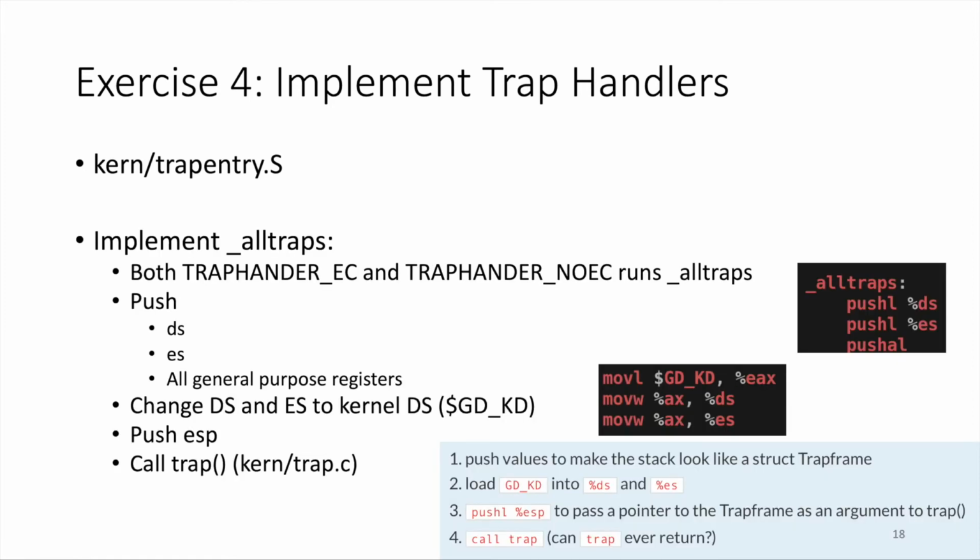And for implementing all traps, please focus on constructing the trap frame. Because the CPU does not automatically store DS, ES, and all general purpose registers, you need to push them all in the reverse order of that listed in struct Trapframe. So what you need to do is push DS, push ES, and push all general purpose registers. And then please follow the guidelines 1, 2, 3, 4 written in exercise 4 for implementing the rest of the part, and you can refer to how you can implement the second part